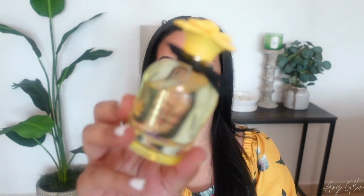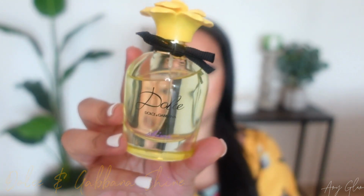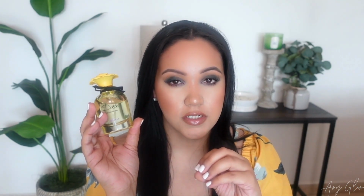This is the last one for sure now, and this is Dolce & Gabbana Shine. This one has a dent on it as well, because I did pick this one up quite a few times in the last month. The first time I wore this one, I thought I wasn't going to like it. I took a shower that night, I put it on, and maybe I was a little bit more sensitive that night,